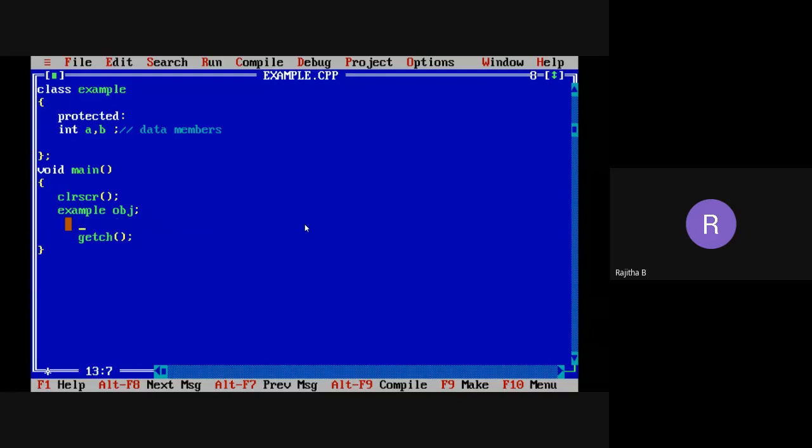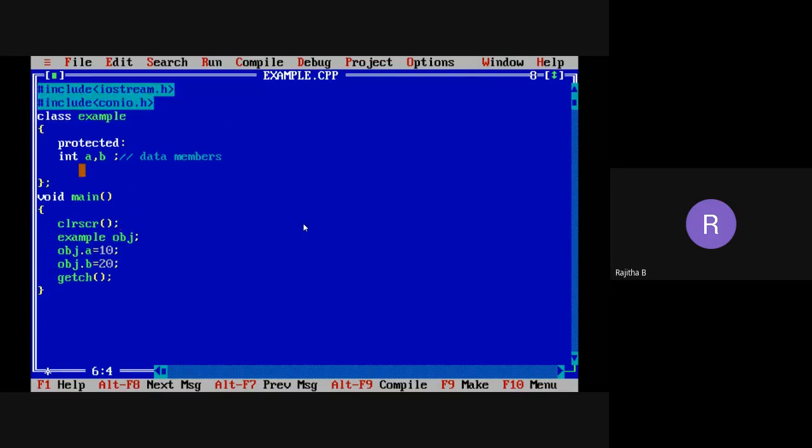Now, here I want to access the data members: obj.a equal to 10, then obj.b equal to 20. Now can I access these members? I'm now taking the data members under the protected access specifier.